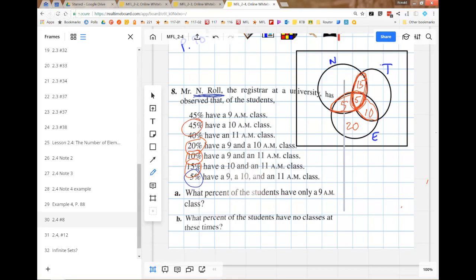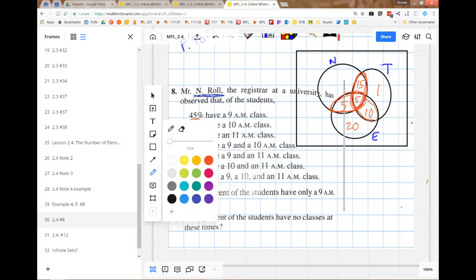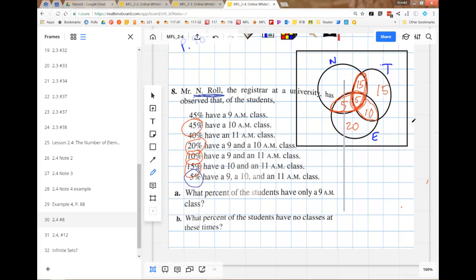Okay, how about 10 a.m. class is supposed to have 45 in it. What do we currently have in there? 30. Yep. So how many do we need to bump it up to 45? 15. Yeah. 15. I had a stray mark get in there. Yeah, and you're doing the last one. Good. 45 of a 9 a.m. What do we currently have? 25. So we need another 20.